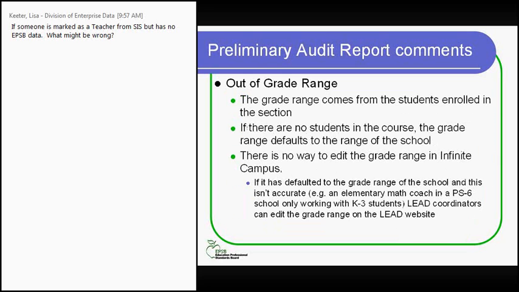Out of grade range is one that is not really able to be fixed in most cases because the grade range comes actually from the students that are enrolled in the section. The one exception to that is if there are no students on the roster, it defaults to the grade range of the school. There's no way to edit the grade range on a particular course in Infinite Campus. So if it's defaulted to the grade range of the school, then you can edit the grade range on our